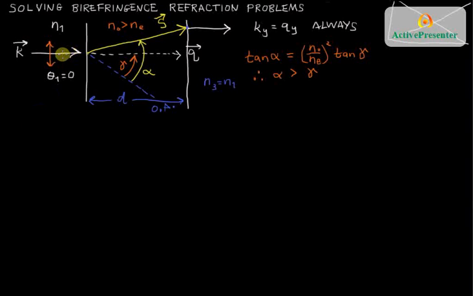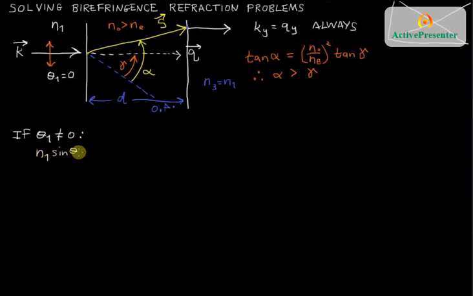This problem was easy to solve on direct inspection because theta 1 was 0, so we knew that theta 2, the refraction angle for Q, was also 0. But if we have a case where theta 1 is not equal to 0, in that case, Snell's law would become